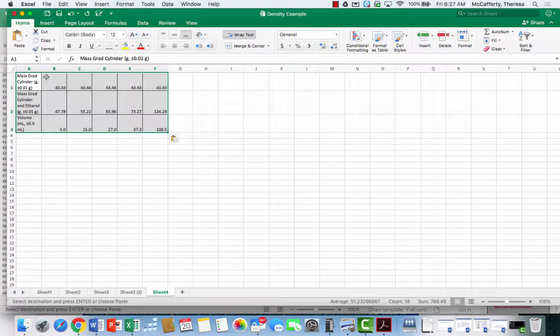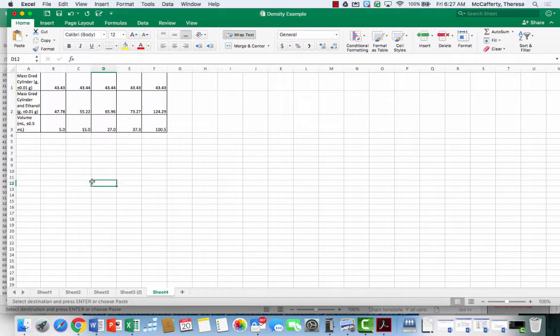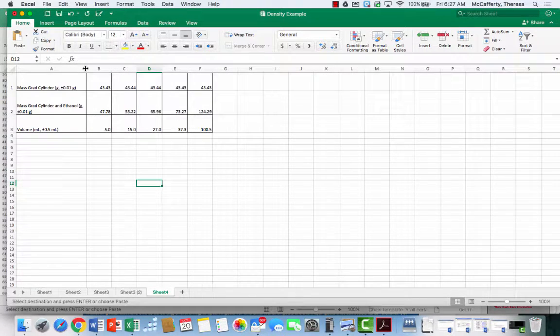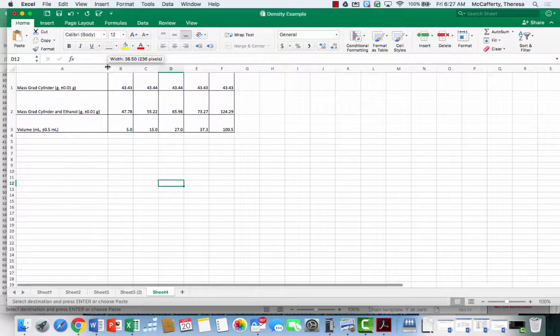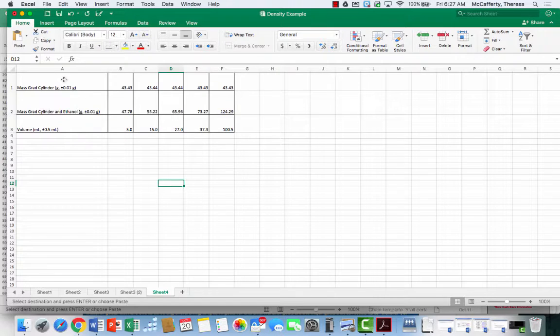Okay, so what we're going to do is look at calculations using Excel. Here is my raw data. I've typed in what the quantities are with the units and the uncertainty, and I'm just going to make that a little longer by highlighting, rolling over this end mouse key and just pulling it over. I don't have a title on my